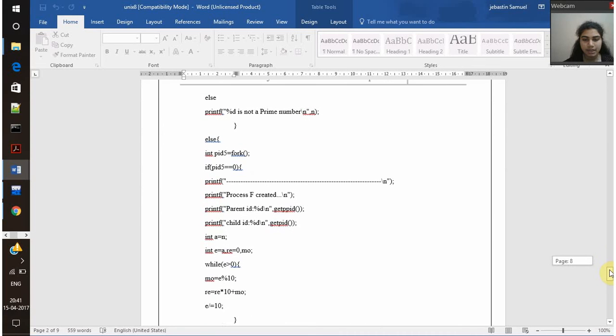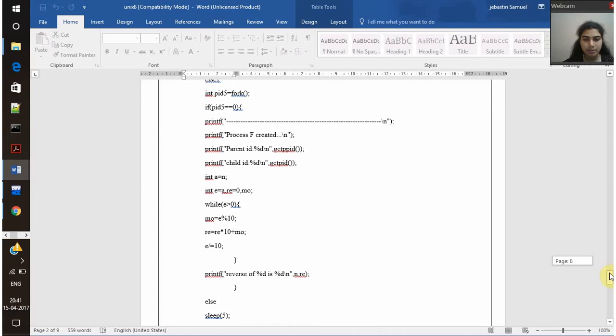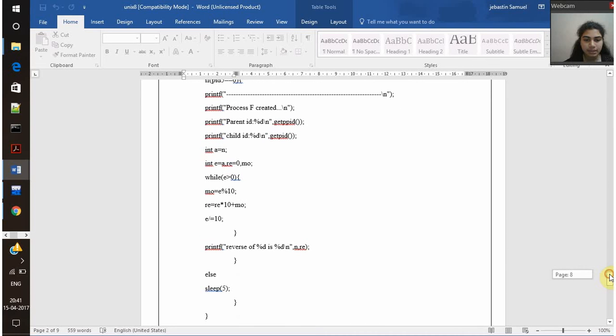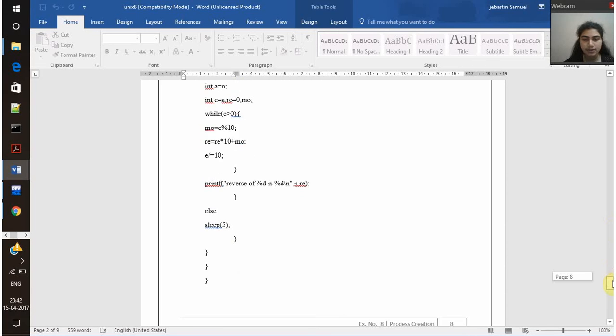So here we have the next process, which is F. The child process and the parent process ID are printed. Here we have the reverse of a number. So we're just going to first take the number modulus 10, and then multiply by 10, and then add the previously modulus number, and then divide it by 10, and we get the reverse of the number, which is then